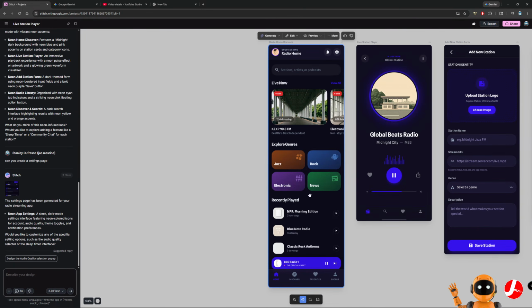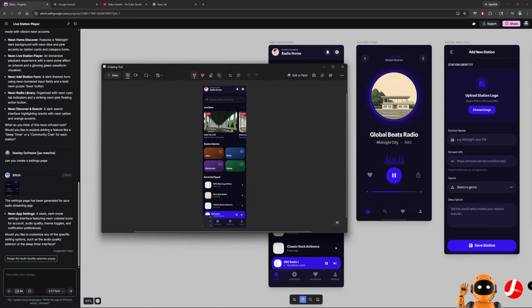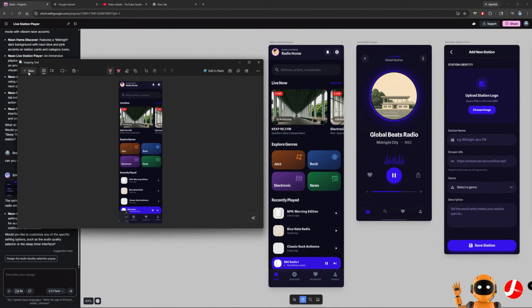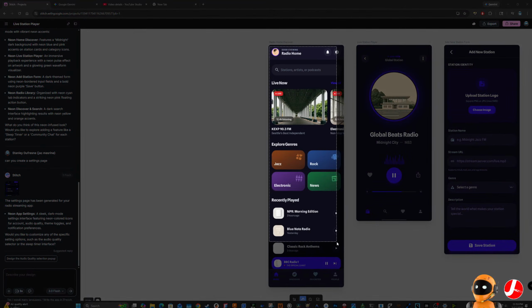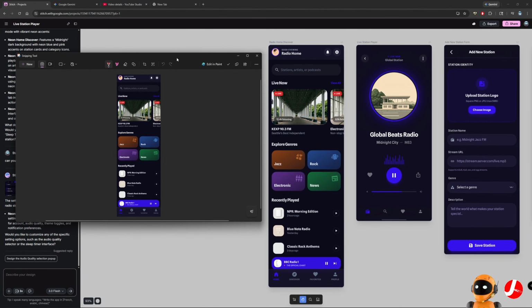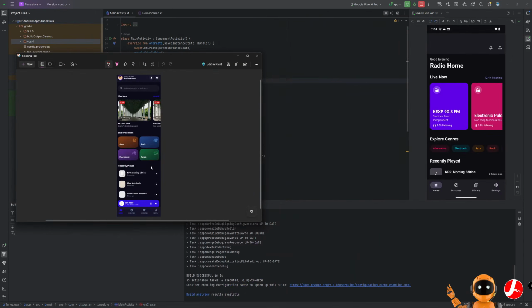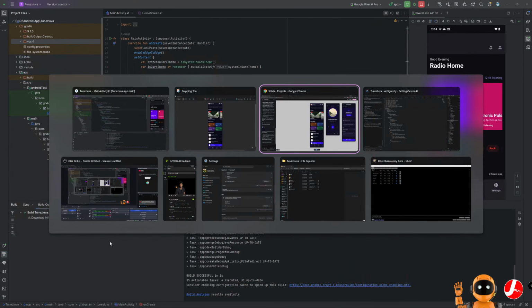So what we could do in this case, we could open up our snipping tool, do a new, and then we could just get the screenshot of it, and we could copy, and then we could go back to anti-gravity,